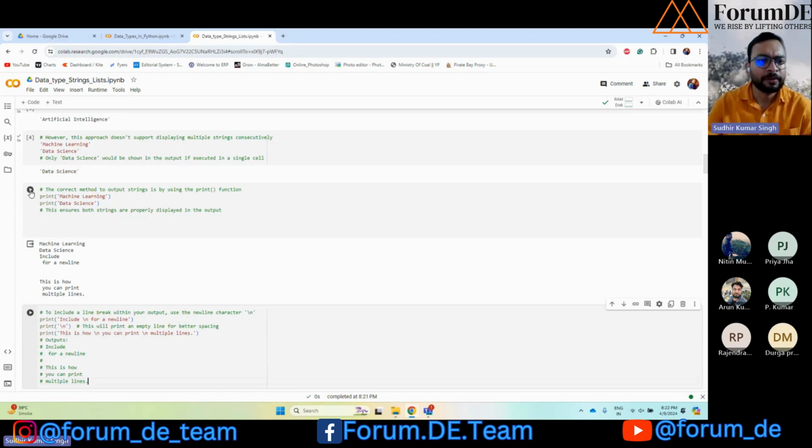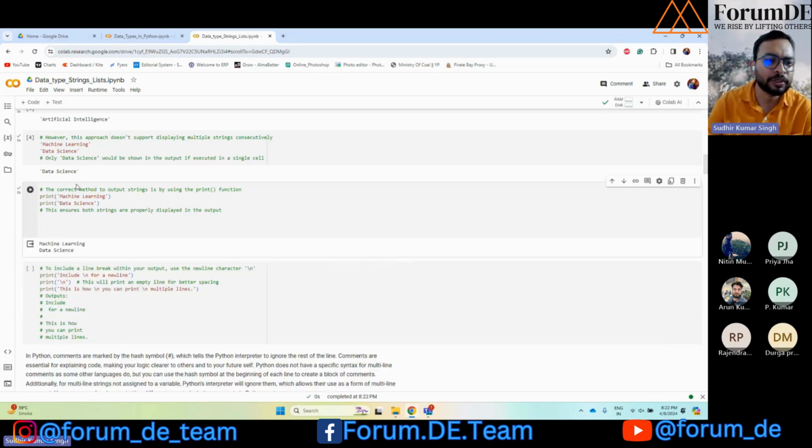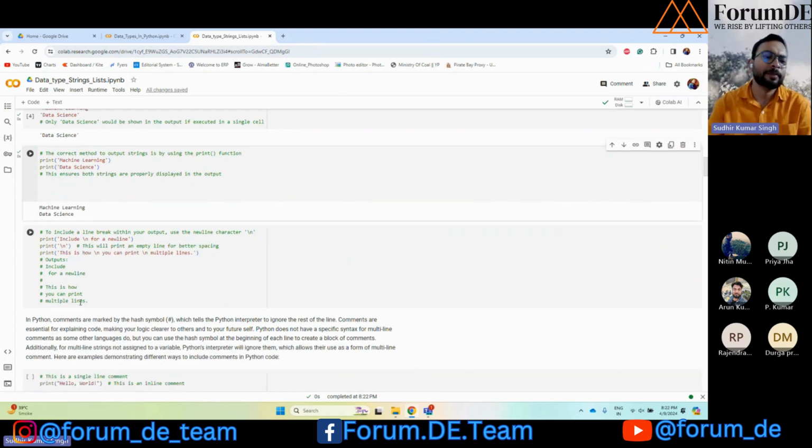So here, if you wanted to print both of these, machine learning and data science, we can get both. Earlier, if we didn't use the print statement, we would get only the last statement. Next is how to get a line break. If we want to write some information, then break the line and have the next information continue from the next line, how do we do that? We can do that with the help of